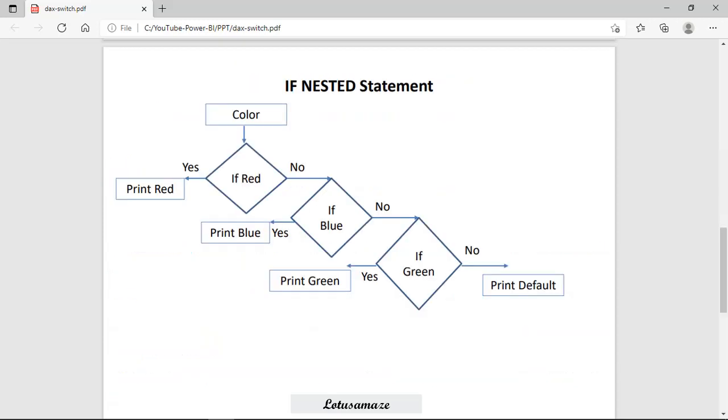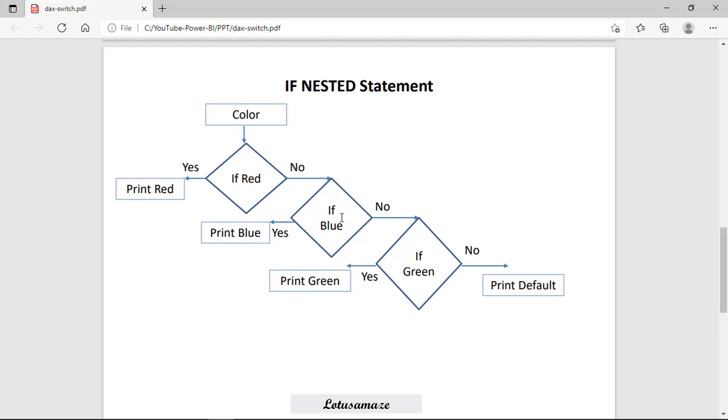For a better understanding of the SWITCH statement, first of all we check the nested IF statement. In the case of the nested IF statement, we pass the color and then we have a decision box, meaning a condition which returns true or false. So if color is red, then yes, print red. If no, then another condition. If color is blue, if yes, then print blue.